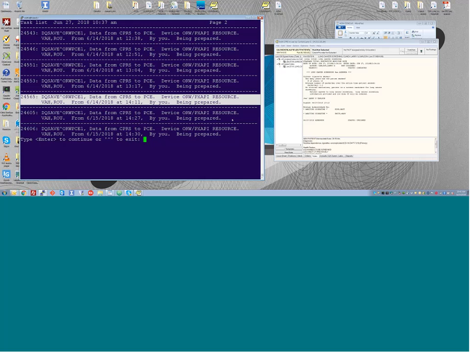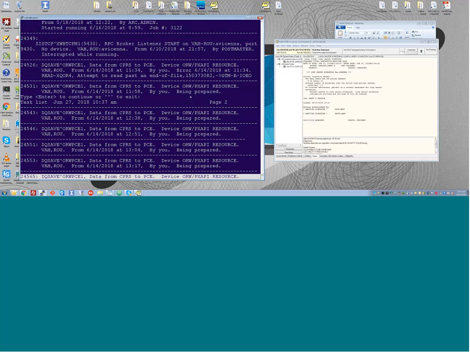I want you to look at that status message at the end of every one of these tasks. Being prepared. That is a status message that even Taskman experts probably find a little unusual. You don't normally see that. You normally see a task scheduled to run at midnight, or it's waiting for a submanager, or it's running, or it's finished, or it crashed with an error, or it's waiting for a device. You don't normally see being prepared, and the reason is being prepared takes